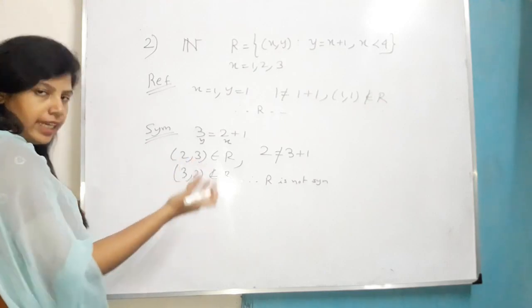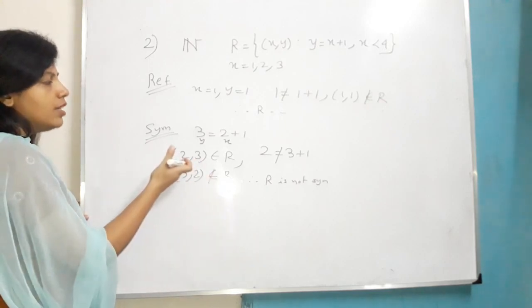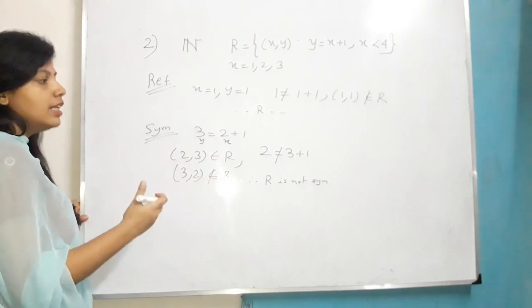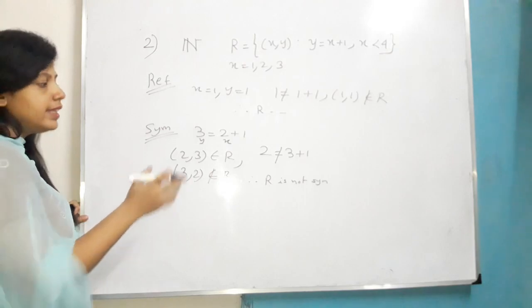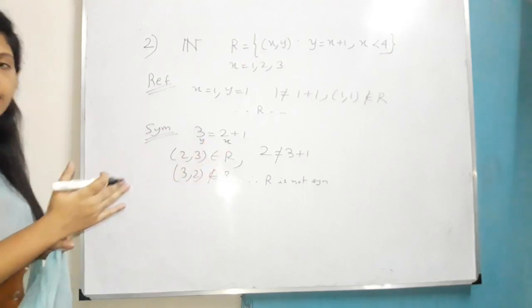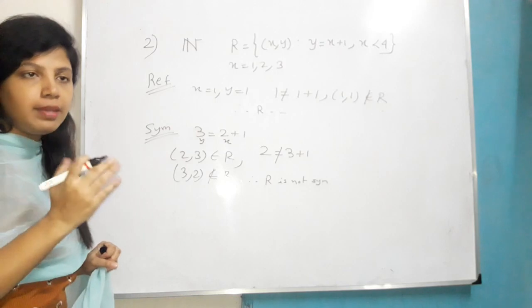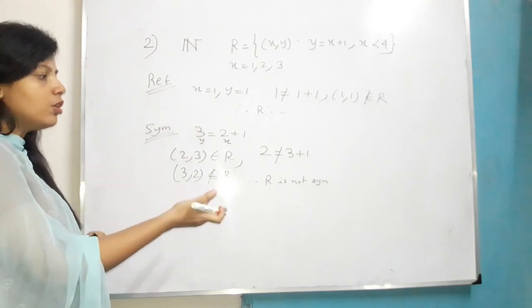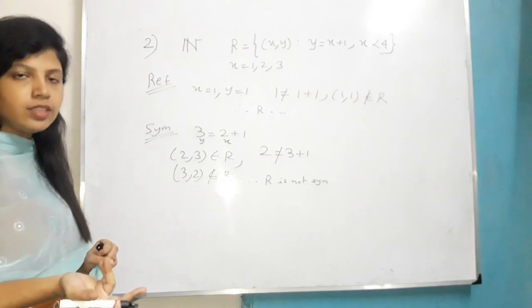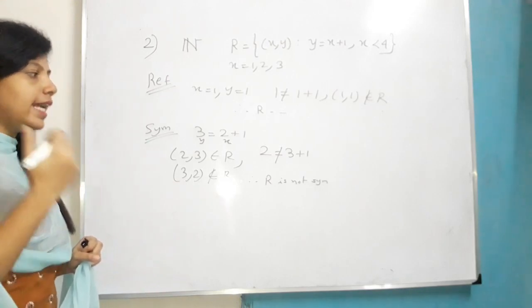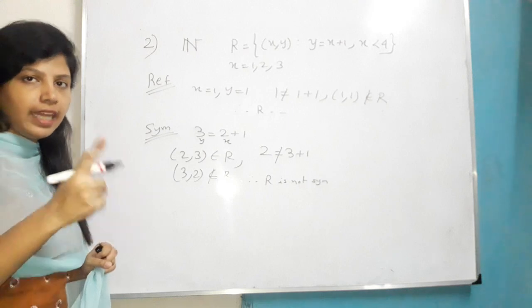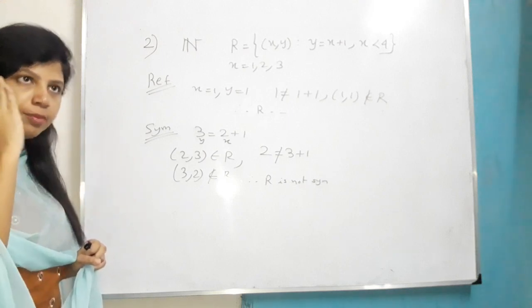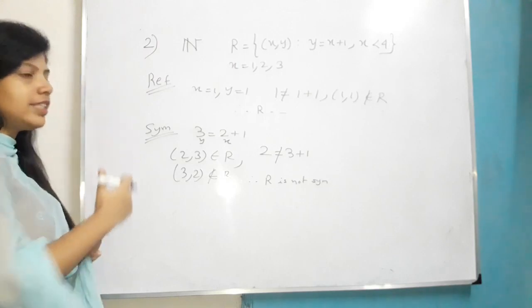This one you can take any value, I have taken (2,3), so you also can take (1,2), just like that, and then check whether it is followed or not. You can take this arbitrarily, but before that you have to think: if you take an element such that it will be followed, then it has no use. So you have to take such an element that if I interchange x and y, it will not be followed. So first you have to think for that and then take the element.